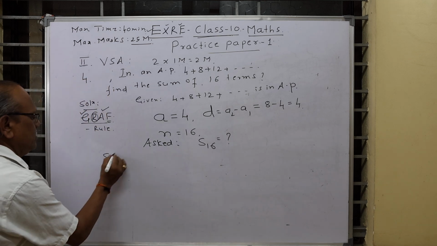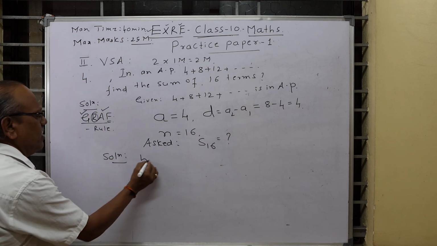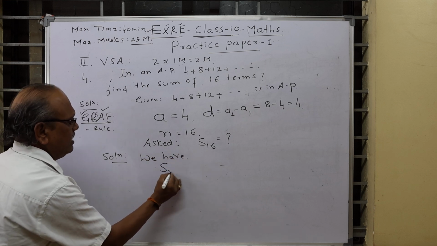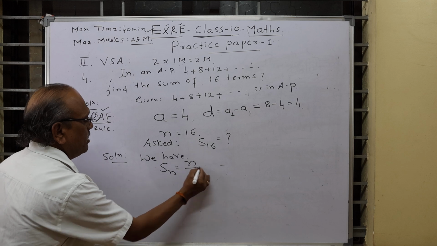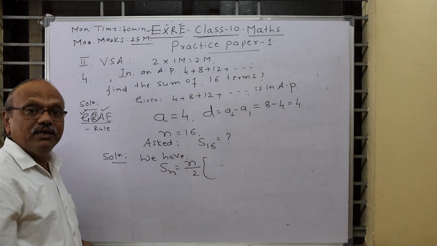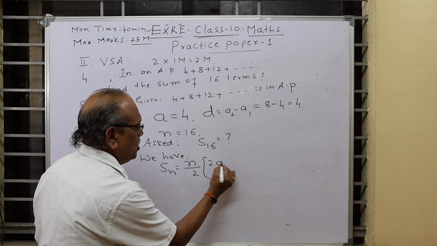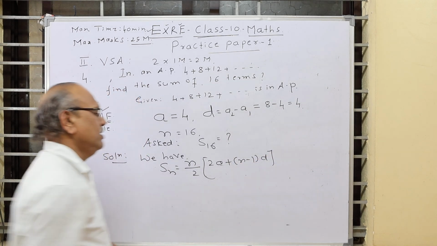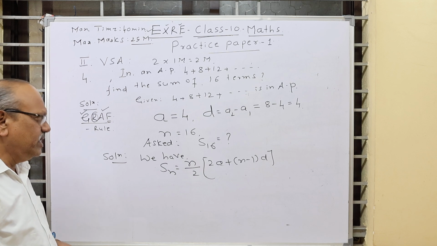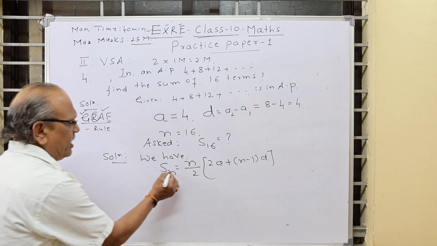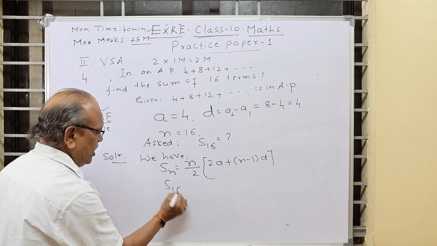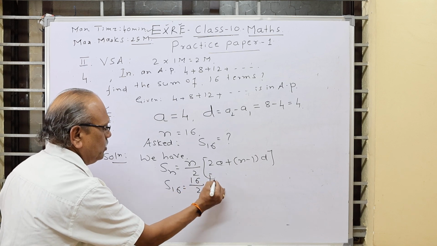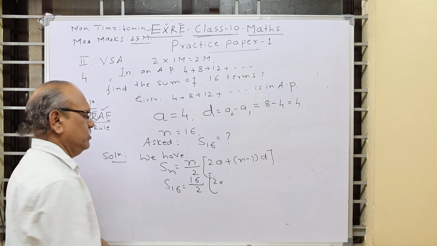And what is the solution? You know the formula. What is the formula? First step, you write the formula. We have Sn is equal to n by 2 into bracket 2a plus n minus 1 into d. Write the formula first. Look at the problem, dear students. Wherever n is there, first of all you put the 16. What do you get? 16 upon 2 into 2 into